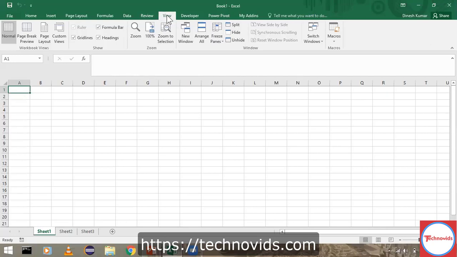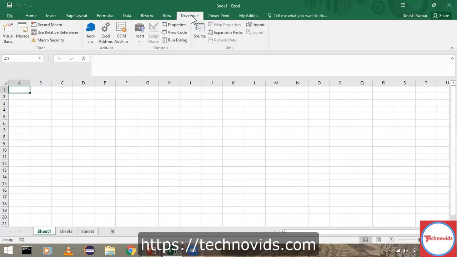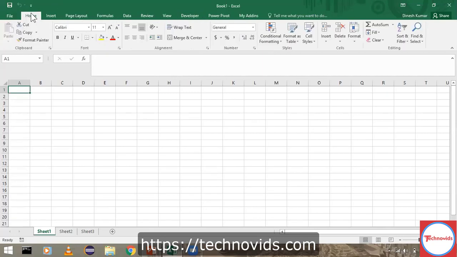And finally we have something called the developer tab. If you are new to Excel, this developer tab will not be available. You'll have to make sure that it is enabled. We can just go and enable that. While recording macros, we'll see how to enable it and how to start recording the macros and all that stuff. So all the macros related stuff will be present under this developer tab.